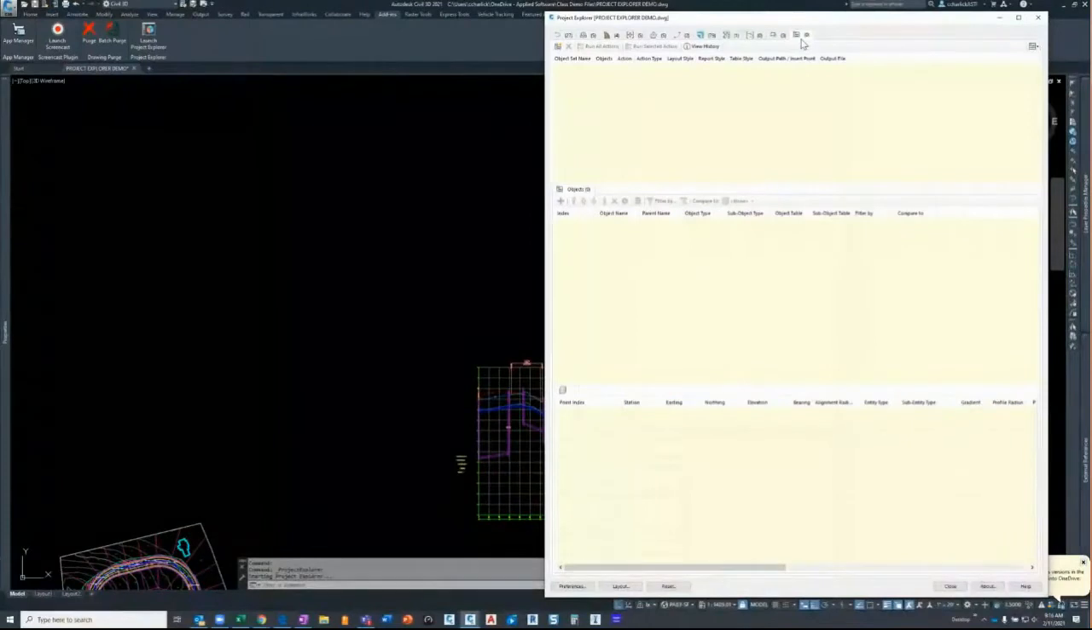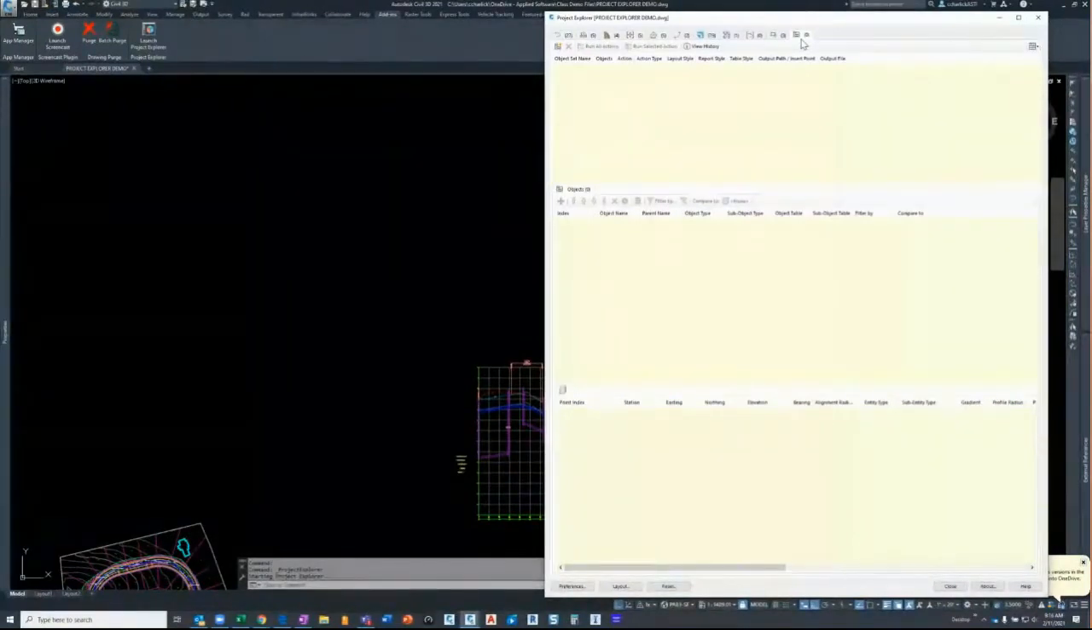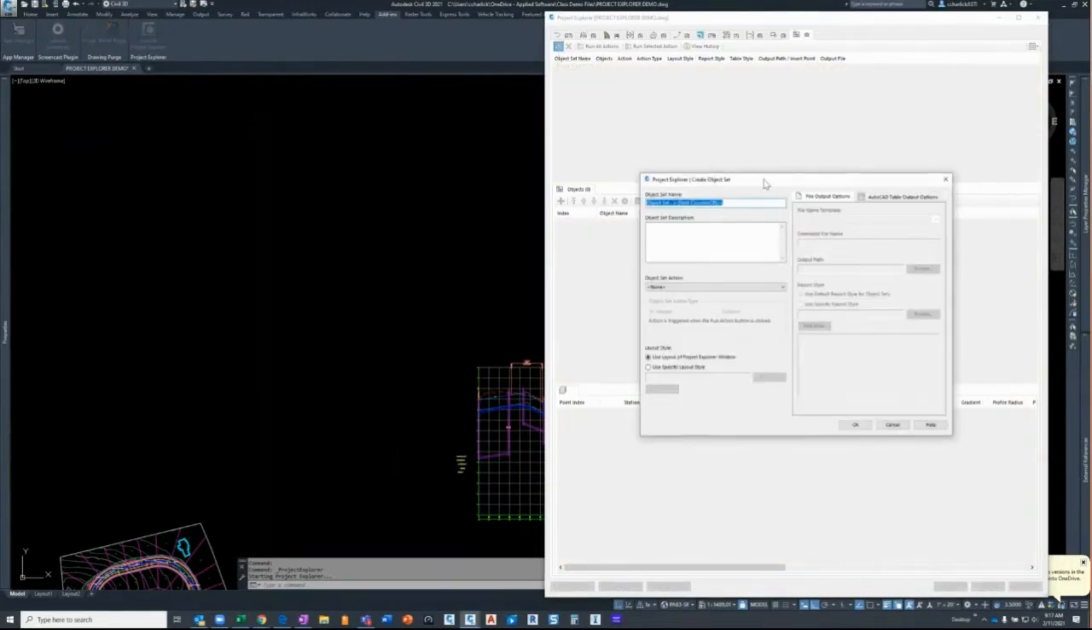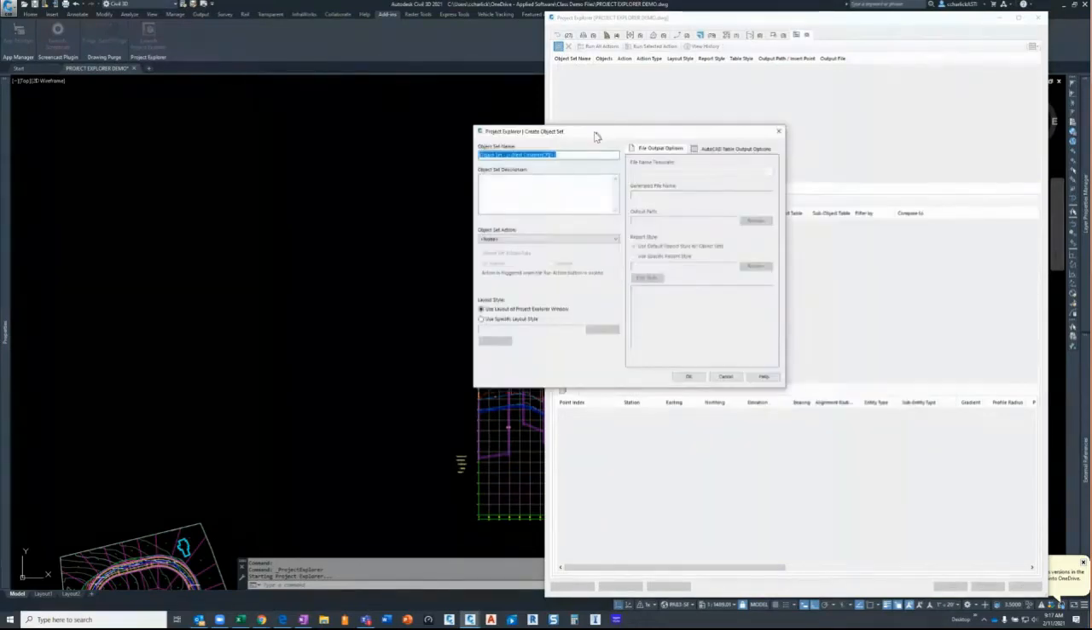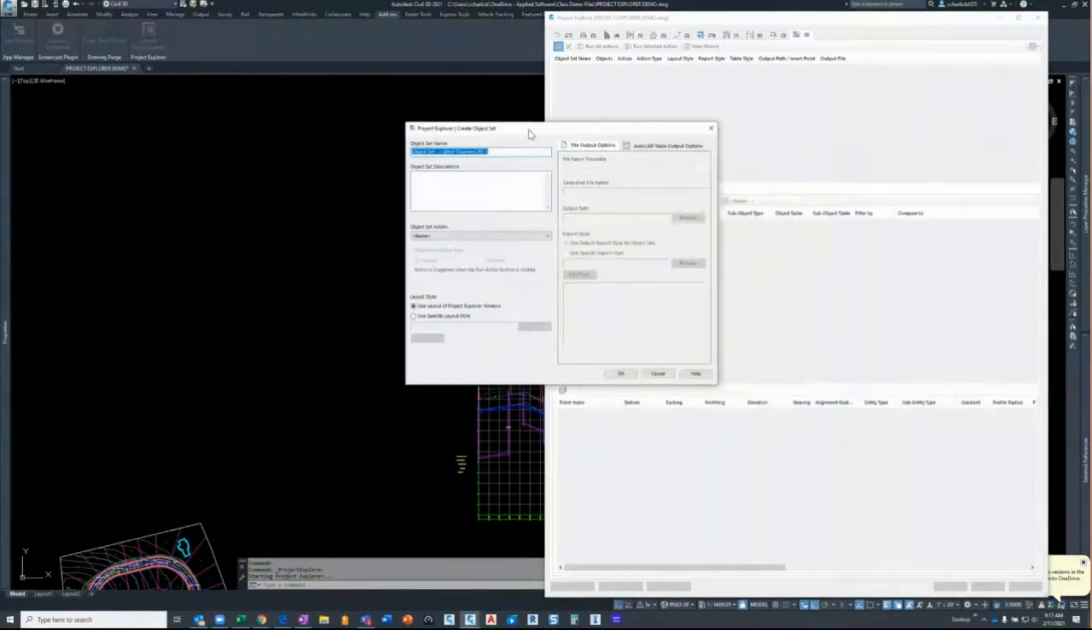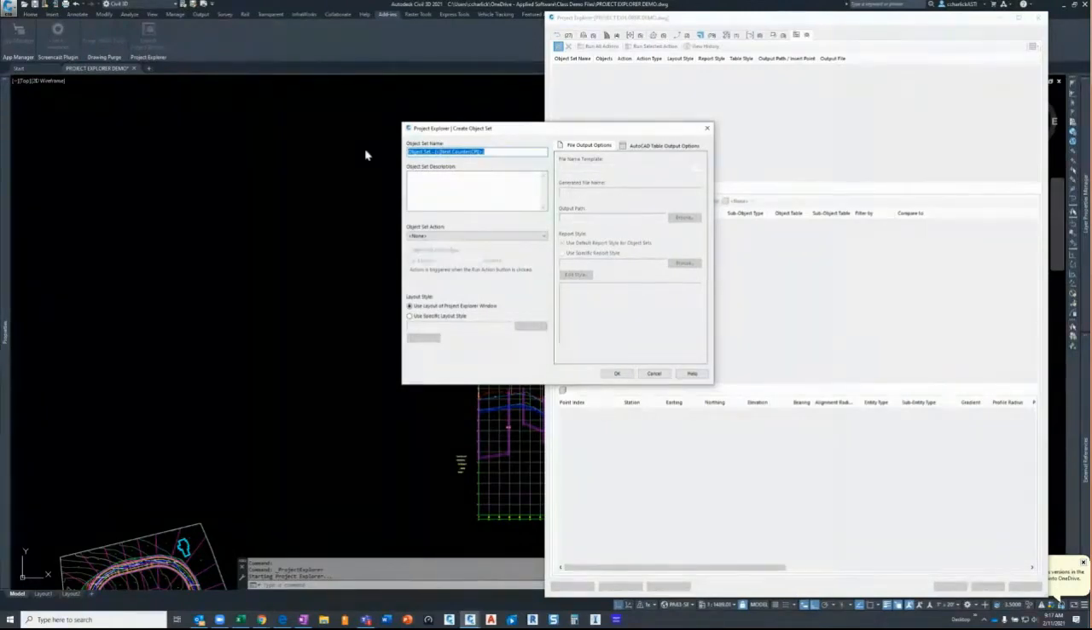This is going to help us create an object set, which is a collection of objects that we can then assign an action to. So once I'm on this tab, I want to click on the Create Object Set button. So I'm going to click that button right there. I'm going to bring up this dialog for us, and then I want to name the object set. So I'm going to call this my Pipe Structures